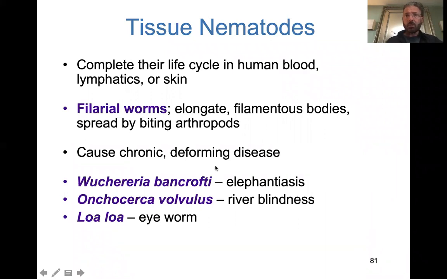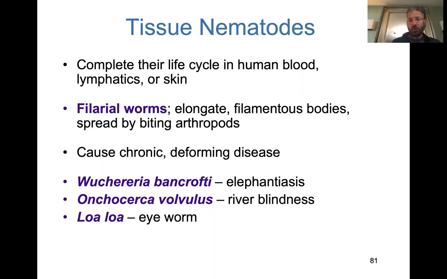Okay, so nematodes. When you see this, these are worms that complete their life cycle in your blood, and also the skin. So these are not going to be GI associated. Filarial worms, when you see that, that's elephantiasis. It's going to jam up your lymph nodes, and they're transmitted by the female Anopheles mosquito, just like malaria. These are injected, and the filaria worms get in your lymphatic tissue.